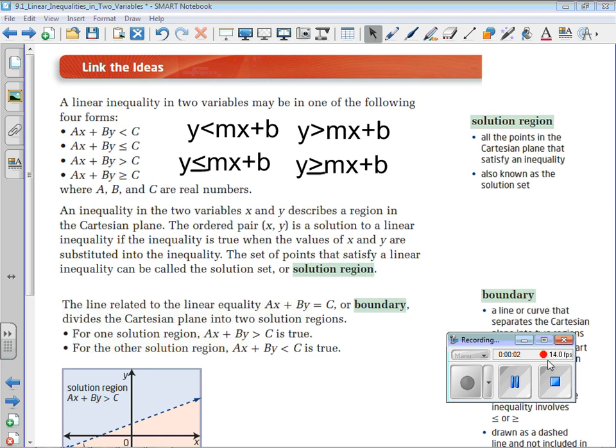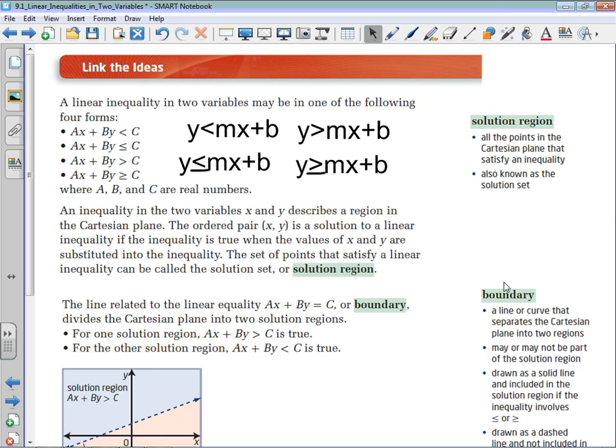All right, welcome to the instructional video for Math 20-1 9.1, which is linear inequalities in two variables. You've solved inequalities before, like maybe 2x plus 4 is greater than 3 or something like that. The key difference here is that we're going to talk about linear inequalities in two variables. So we have to talk about that Cartesian plane, the xy axis, and we are going to talk about straight